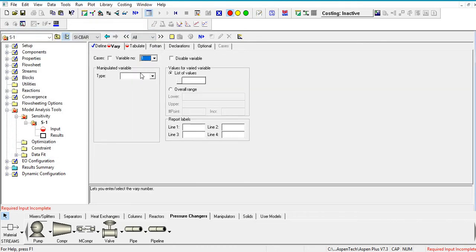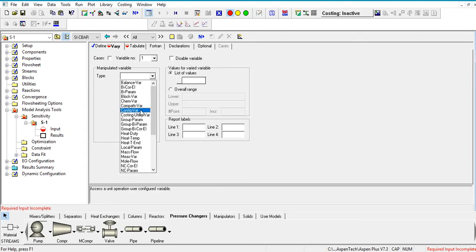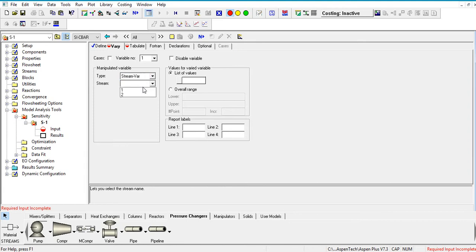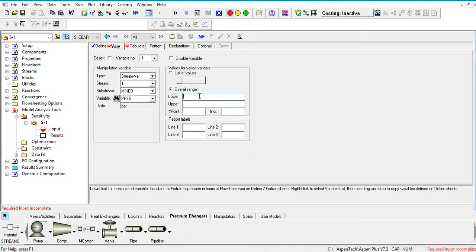Now what I'm interested in is that I want to vary the pressure of the inlet stream and see what happens. So I'm going to the stream variable. This is stream 1, and then the variable is pressure here. So we go to pressure. I want to vary this in the range of 0.1 to 60 bar with an increment of 1 bar.